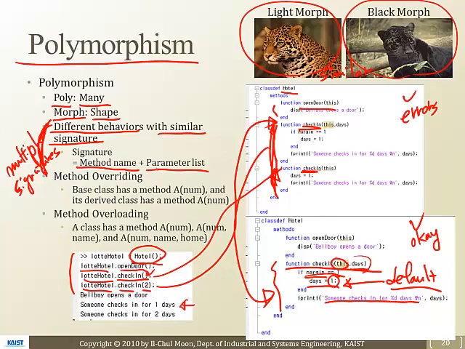Remember that signature is the combination of the method name and parameter list. The method name doesn't change, but here the parameter list changes, right? One was the empty set, and the other had the number 2 in the parameter set, right? So we have multiple signatures. And actually, by using nargin, we get this kind of multiple signatures. Okay?